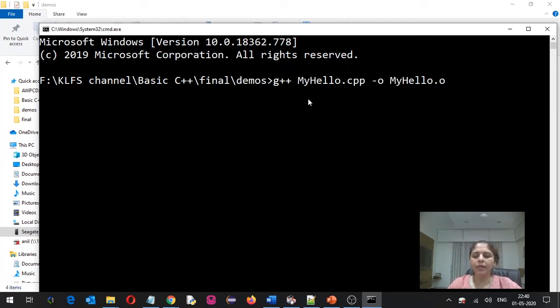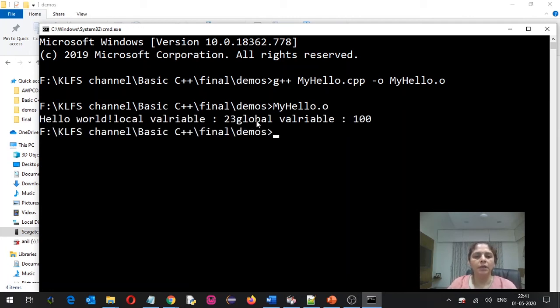It will override the old myhello.o and give us the output of the new program. To run that program, here I am typing myhello.o. If you notice, it is showing me hello world, then local variable 23, and then global variable 100.